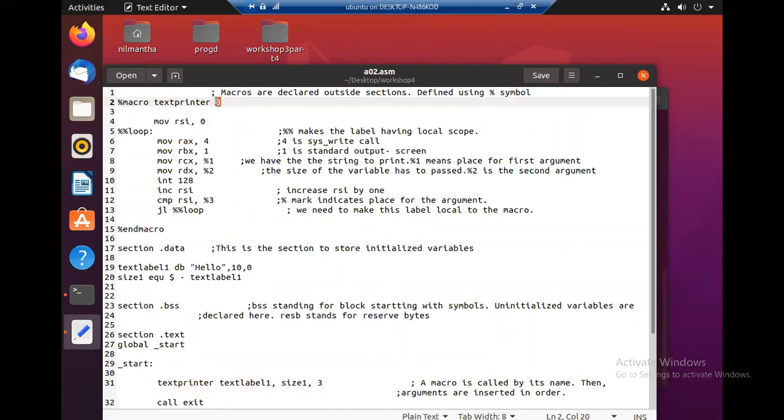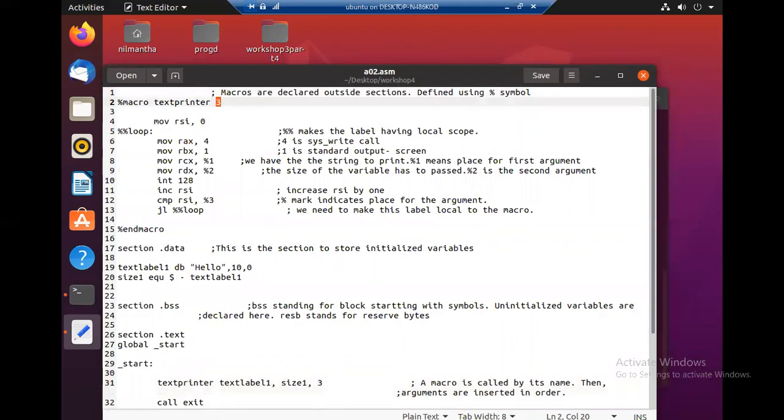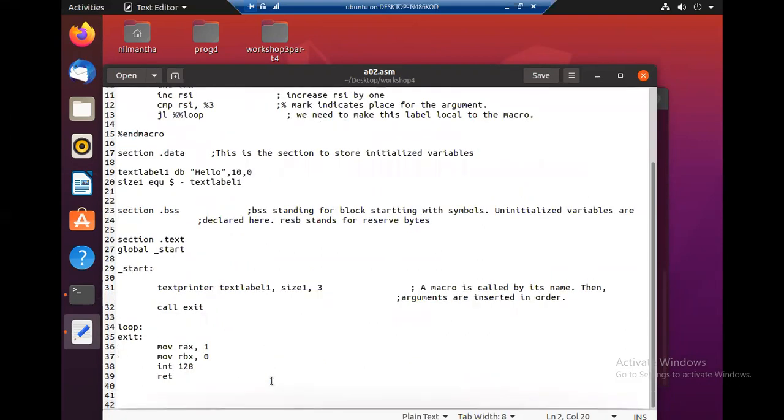When a particular macro has 0 arguments, it will automatically become a subroutine, because at the end of this macro also, the next instruction will be executed, right? It is like going from here to this one and coming back, just like a subroutine. So by default, when the number of arguments is 0, it will become a subroutine.